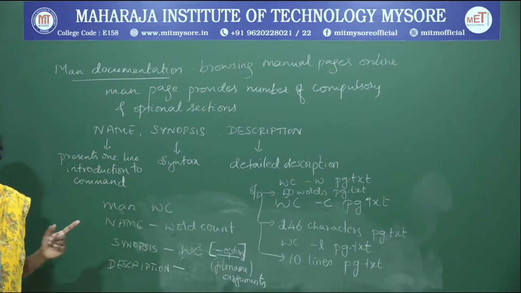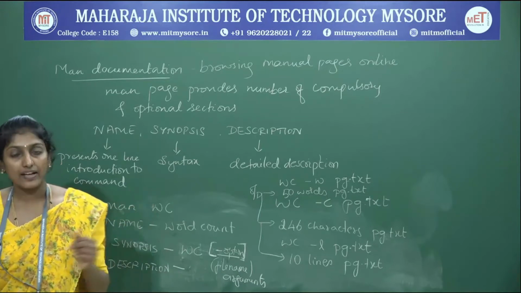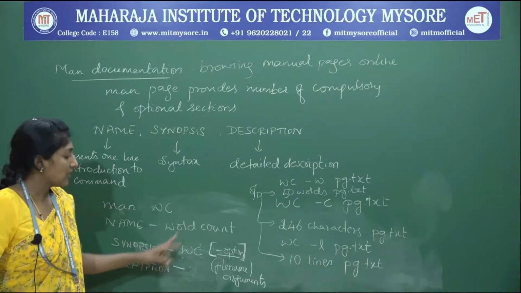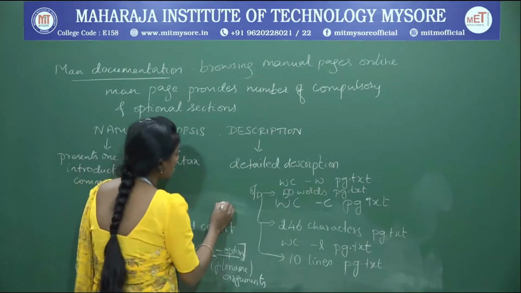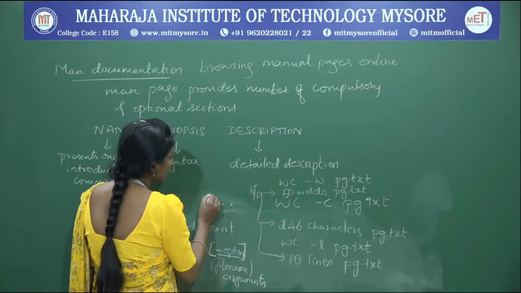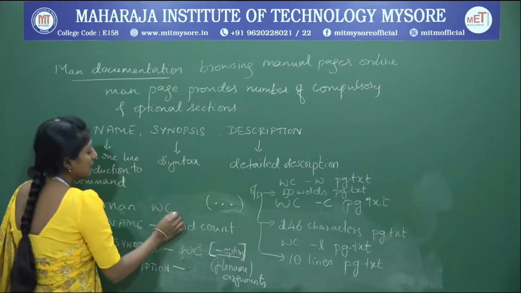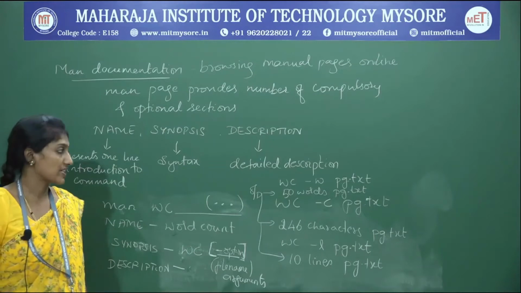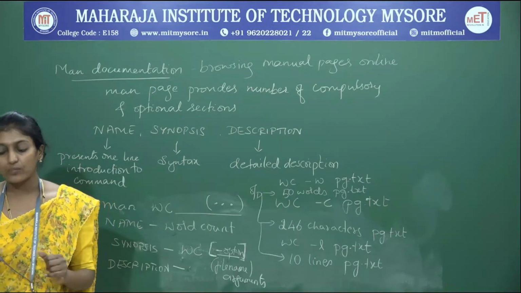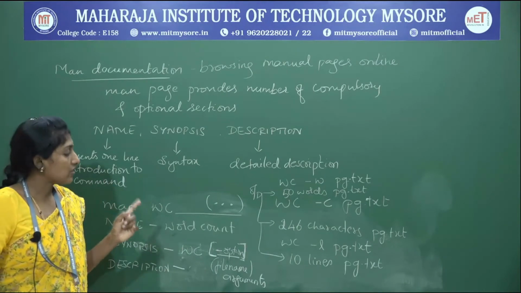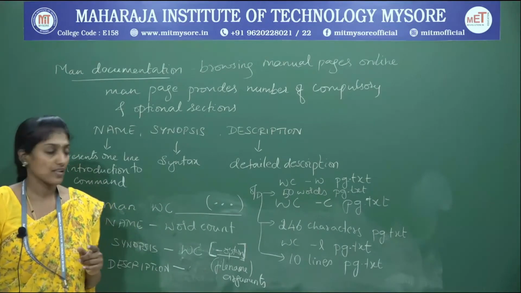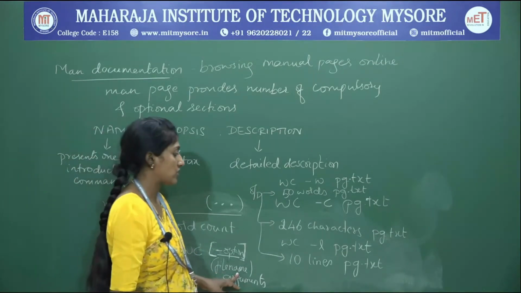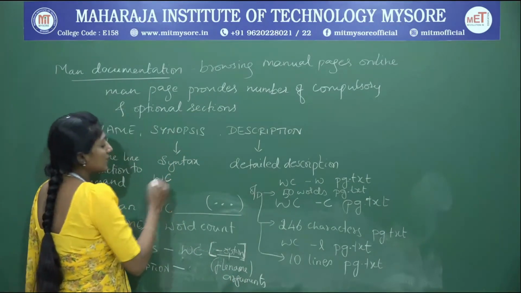And also, if any Unix command has been enclosed with an ellipsis like ... along with the WC command, then it implies that there can be more instances of the preceding word. So you can provide more than one file name as an argument in that particular expression, which means, let me consider WC.